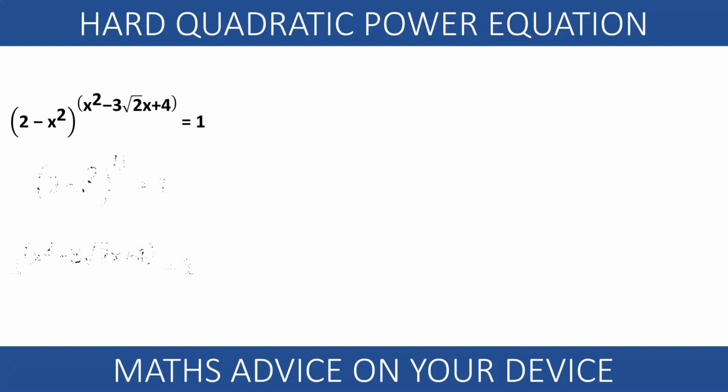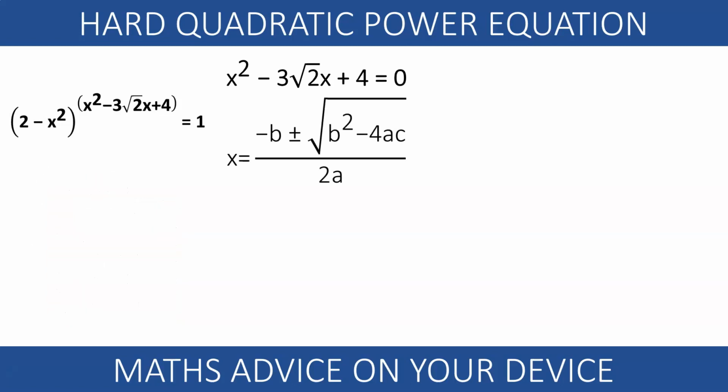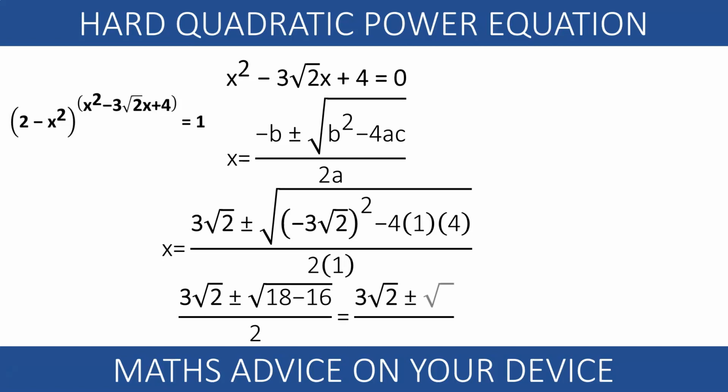For that, we need to solve the quadratic equation with coefficients a equals 1, b equals minus 3 square root of 2, and c equals 4. Replacing those values into the quadratic formula, our discriminant b squared minus 4ac equals 18 minus 16. Since the discriminant is positive 2, this may give us the false idea that we have 2 real solutions.